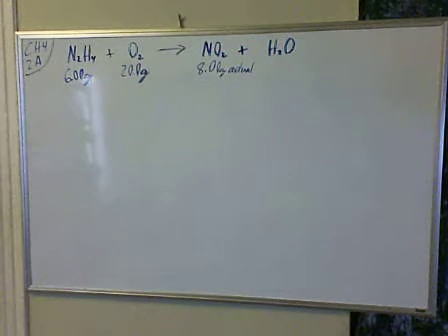We have an unbalanced reaction and we want to calculate how much nitrogen dioxide is produced in this reaction. So the first thing we have to do, of course, is to balance the reaction. So we have